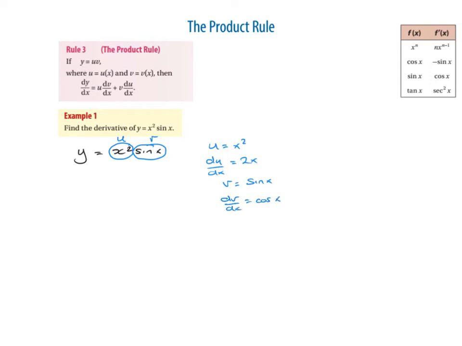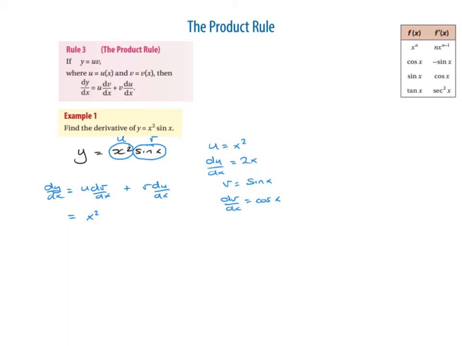Okay, now the product rule is given by this, where dy/dx is equal to u times dv/dx plus v times du/dx. So the next thing we do is write it down. So we've got dy/dx is equal to u by dv/dx plus v by du/dx. Please write it down before you start substituting things in, so you won't make a mistake. And we go across and we're just going to fill everything in. So that's equal to, our u is x squared, so x squared, by dv/dx,